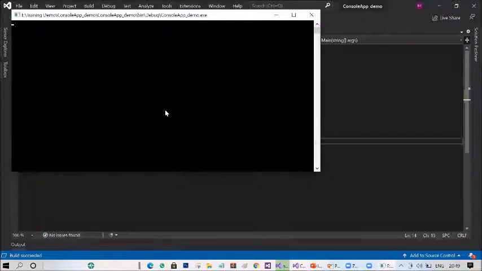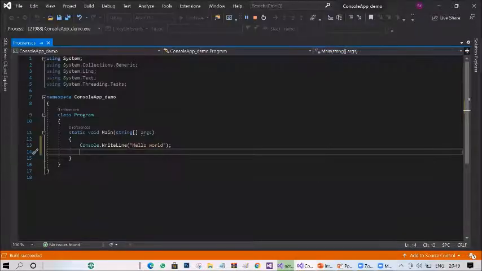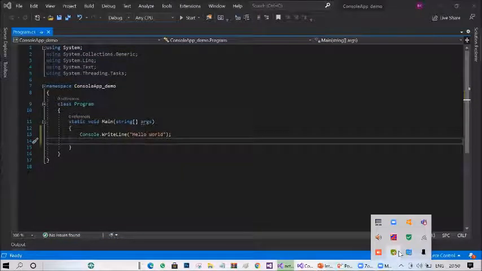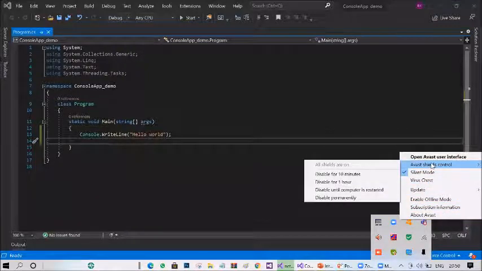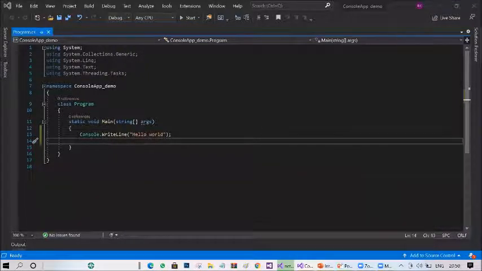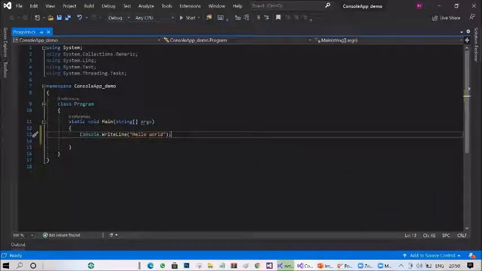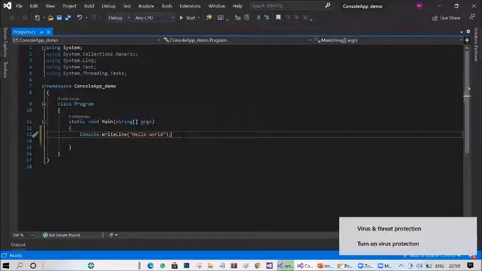It came and stopped immediately. One second, I have to disable my Avast. Let me disable it for a while. I have disabled it, else the command prompt will be blocked by this virus protection.